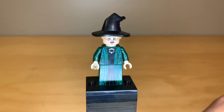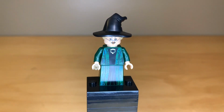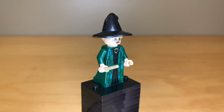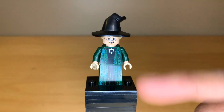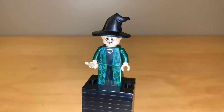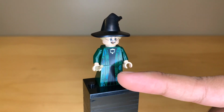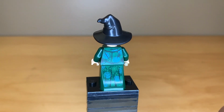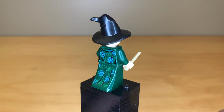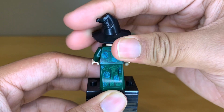Here is Professor McGonagall. This is, I think, the same minifigure that was in the Transfiguration class Hogwarts Moment set from 2021, but I'm not 100% sure because I don't know if she had a black witch's hat in that set. I know she had this mold, but I really like this mold. I really like this figure. Love the dress piece. Great printing. Love the face as well. And back printing. Awesome back printing. I love it when LEGO prints on the back of these dress slopes,